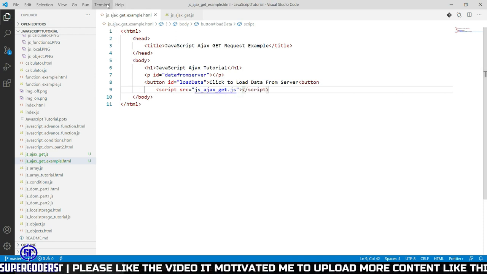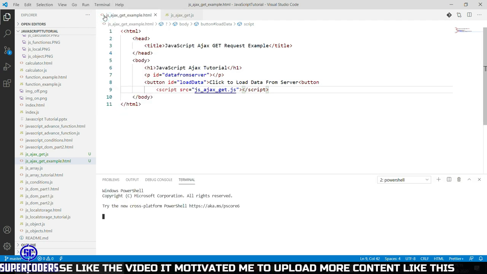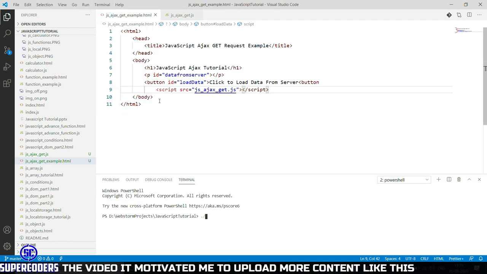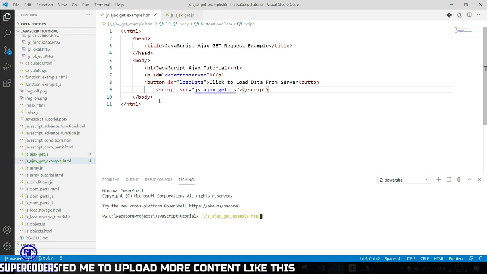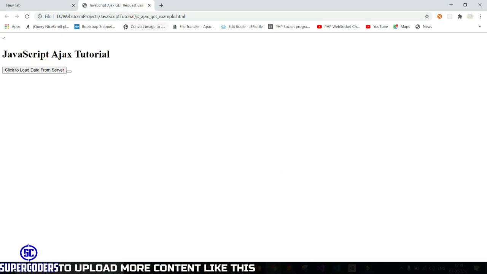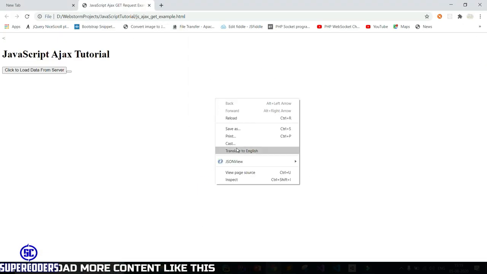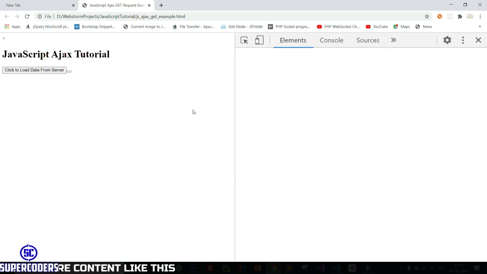Now here, new terminal. So you can see, open console.